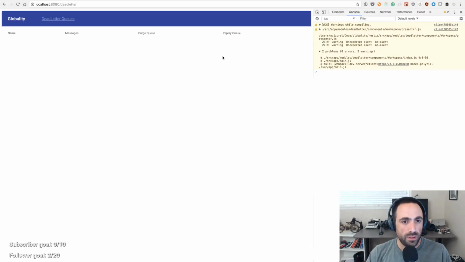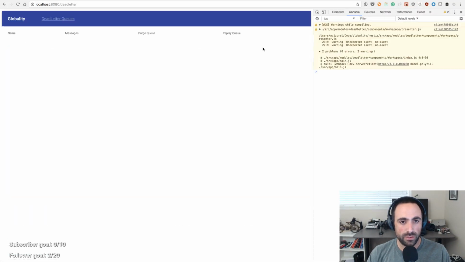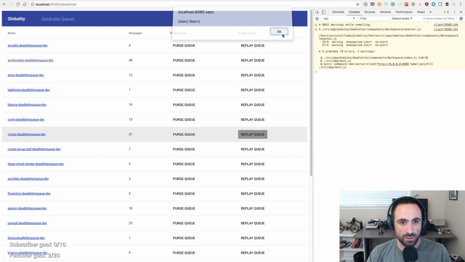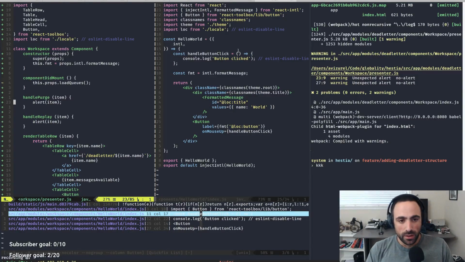Okay, cool. So now refresh, and we have this purge queue and replay queue, and once I do this, then I get an object, and once I do this, then I get an object. Great. So now here,